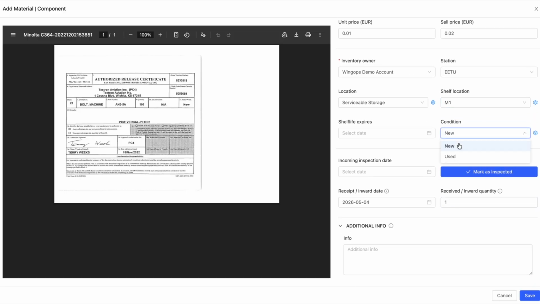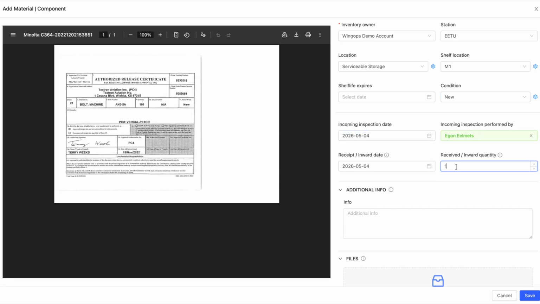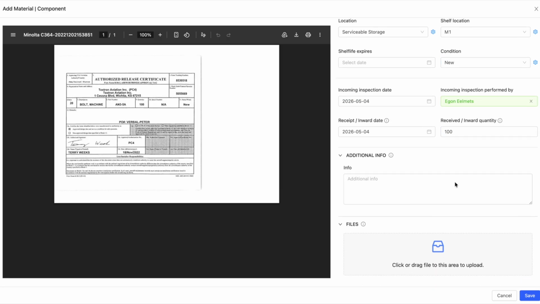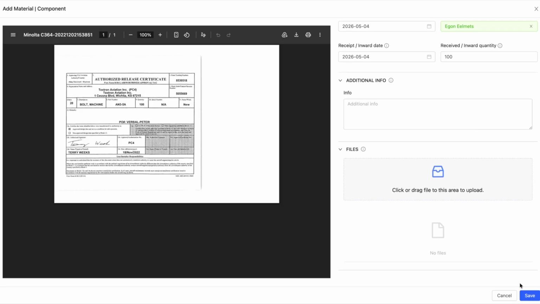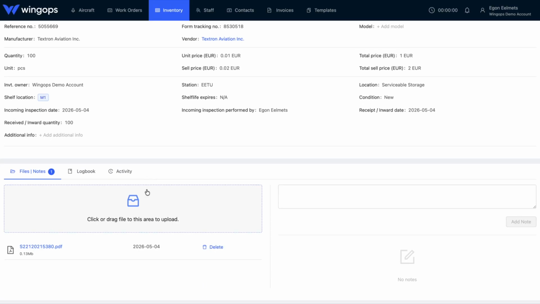Fill out the incoming inspection details and note who performed it. Finally, the received inward quantity is recorded for accounting purposes. Click Save. Because we uploaded the certificate, the associated certificate is automatically attached to the item under the Files Notes